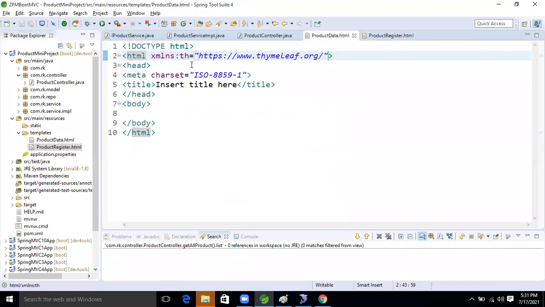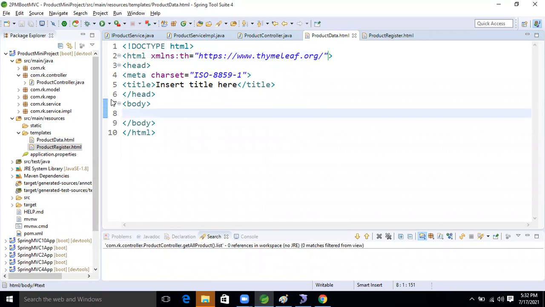Good. So the next operation, we will develop a table. We will develop one table here, and in that table we will read the data from the controller, right?